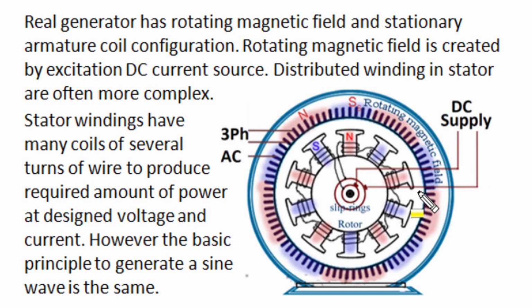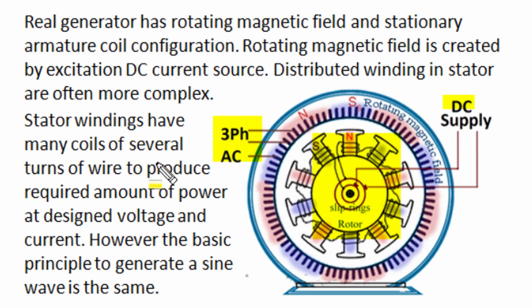For economy of design and ease of operation in a real practical alternator, the rotating structure is the working magnetic field and the stationary part is the high power, high voltage and high current armature coil configuration. The rotating magnetic field is created by DC supply excitation, and when the mechanical prime mover rotates this magnetic field structure, flux linking the stationary armature coils changes with respect to time, and in this three-phase space displaced short pitch distributed winding, three-phase time displaced excitation is produced.